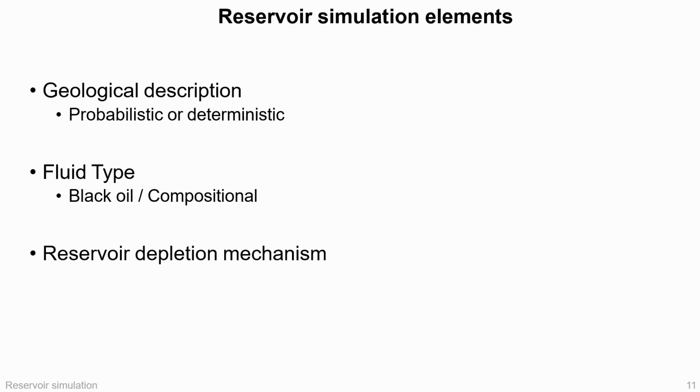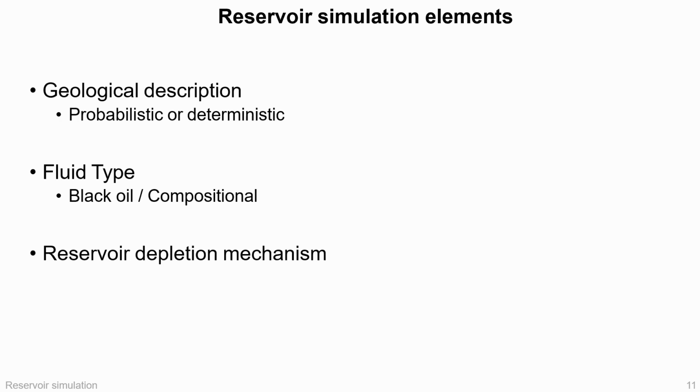For geological description, we need to know the framework of the reservoir: structure, layering, faults, porosity, permeability, and heterogeneity. This may be treated in a deterministic way, where values are fixed, or probabilistically, where uncertainties are represented through multiple